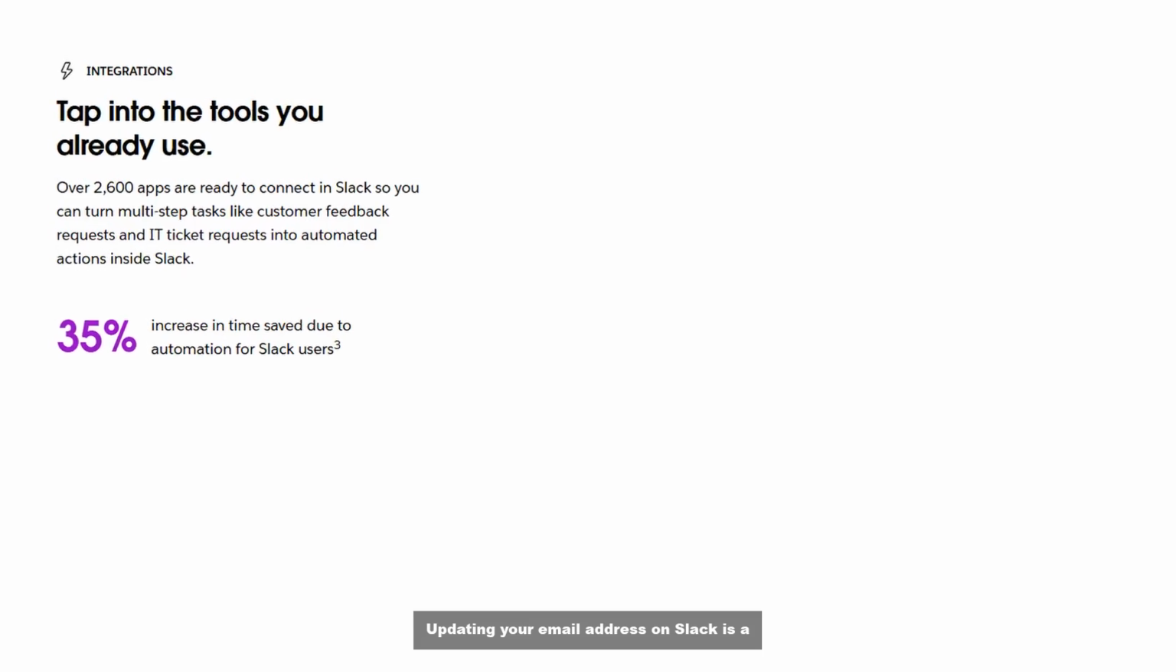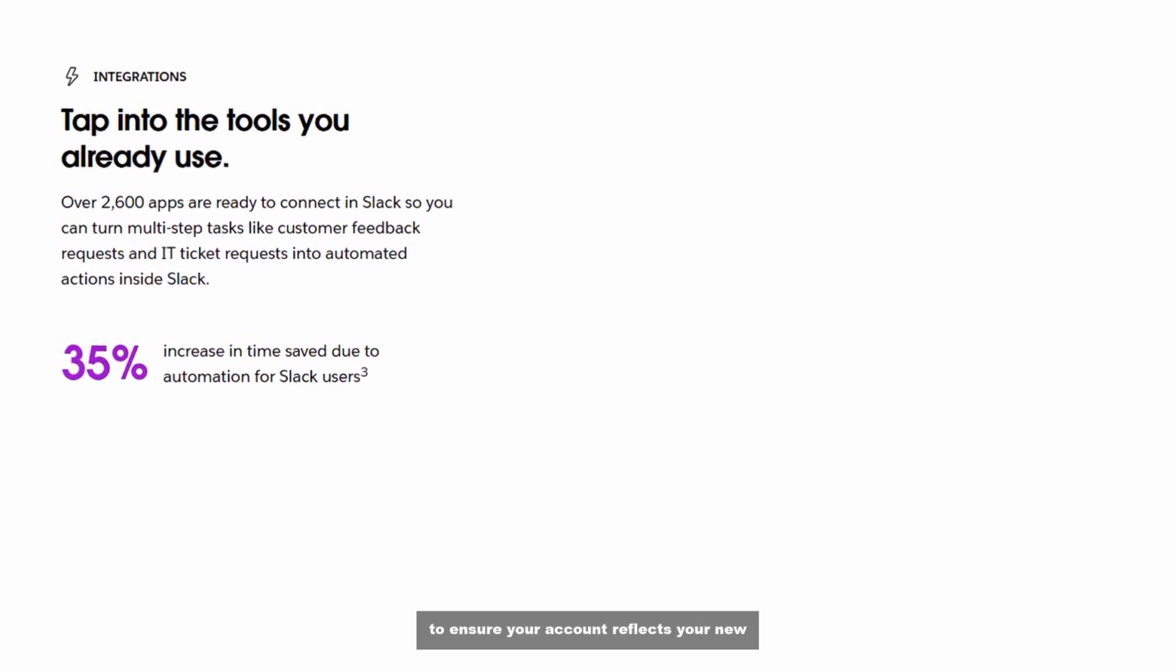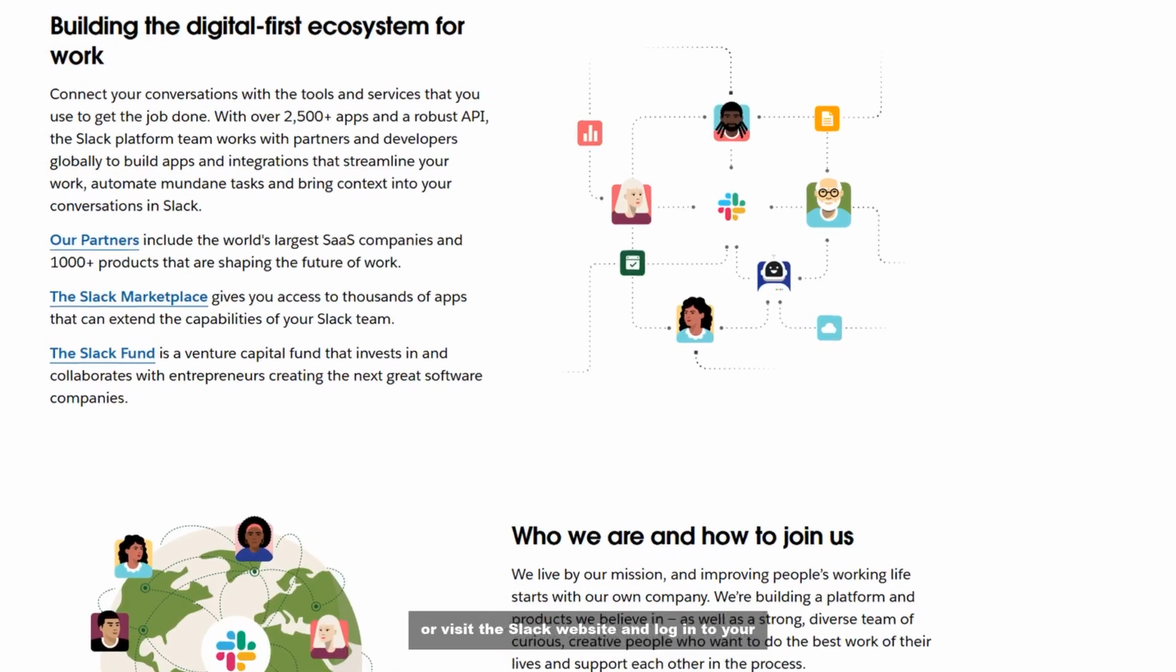Updating your email address on Slack is a straightforward process. Follow these steps to ensure your account reflects your new email. Step 1. Open Slack. Launch the Slack application on your device or visit the Slack website and log into your